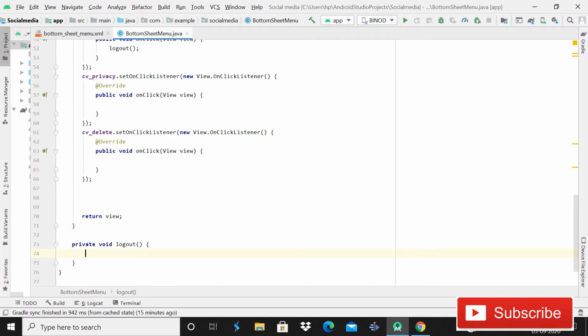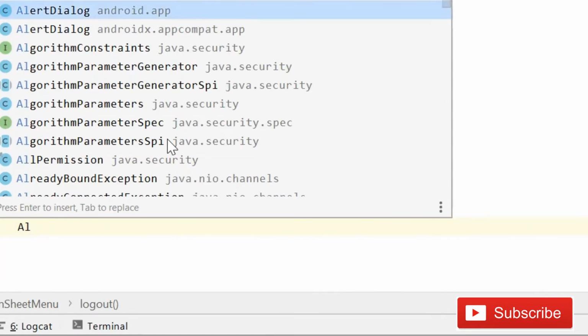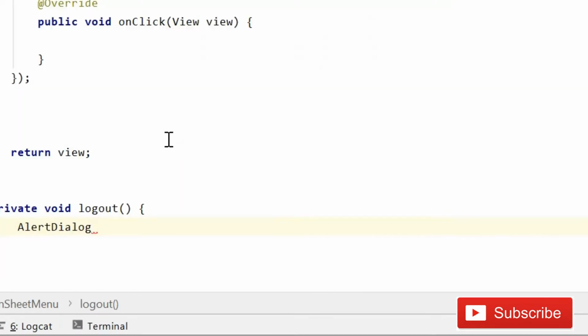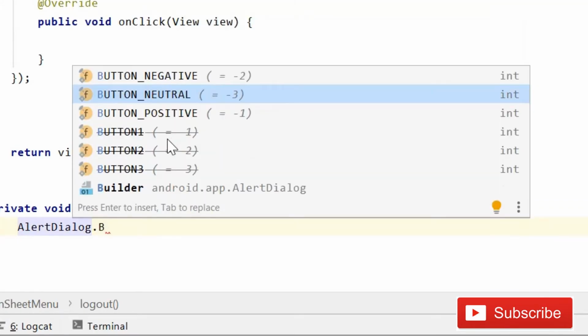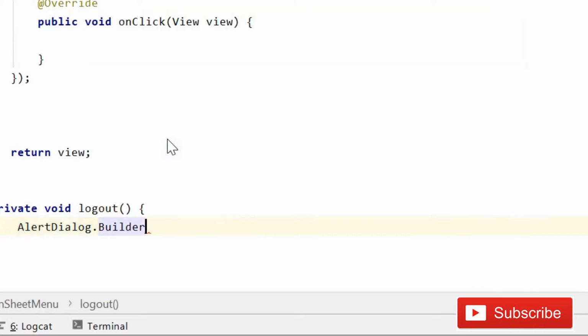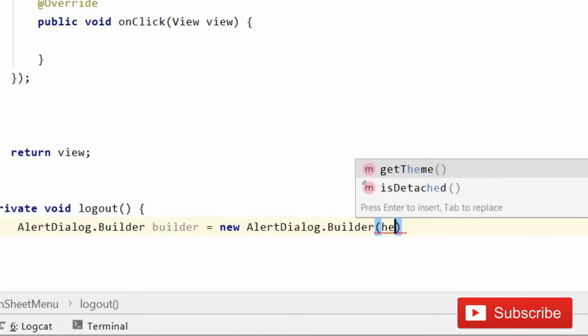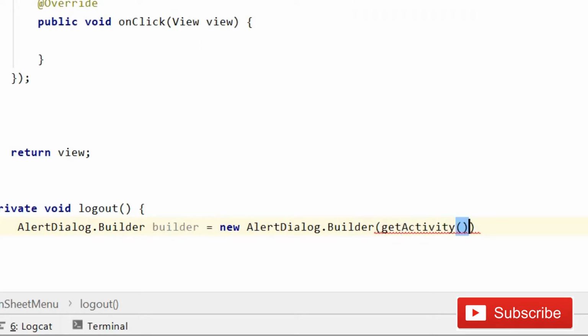logout method. So guys, here first of all we will create an alert dialog, fine. So simply write alert dialog and then dot builder, then builder equals to new alert dialog builder, fine, and here we will pass get activity, done guys.